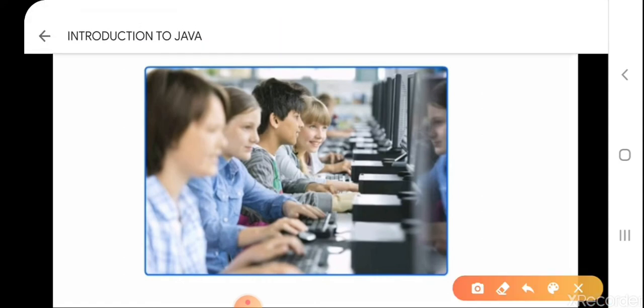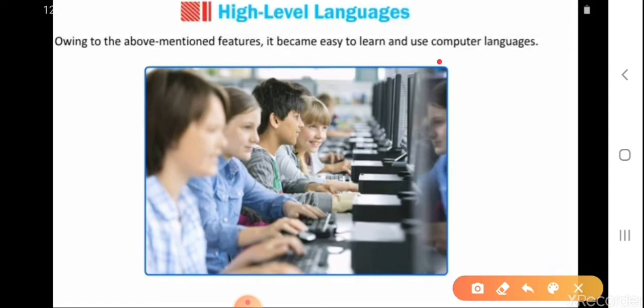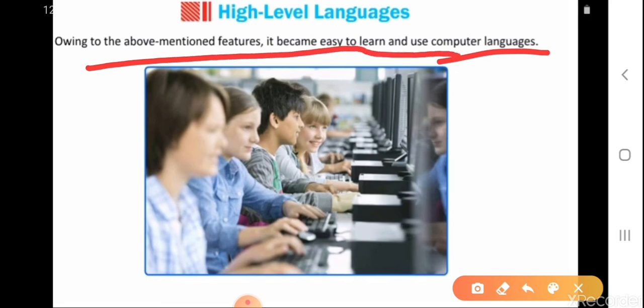Owing to the above mentioned features, it became easy to learn computer languages. When the high level languages came, it became very easy for everyone to learn them. In this chapter, we are also talking about a high level language, which is Java.